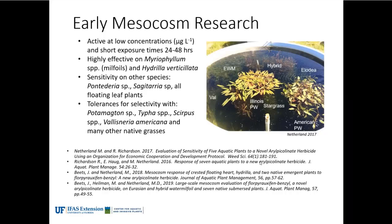Prior to doing any kind of field research, you need to understand how the chemistry works, and this is in aquatics. This is where mesocosm research really pays dividends to understand its efficacy and environmental fate and toxicology. These are major contributors towards getting a new herbicide registered. It's a really critical function of what we do. And so early in the last decade, there's been a lot of work by the late great Mike Netherland, Rob Richardson, and his graduate student Jens Dietz, developing use patterns or understanding the efficacy on Hydrilla,